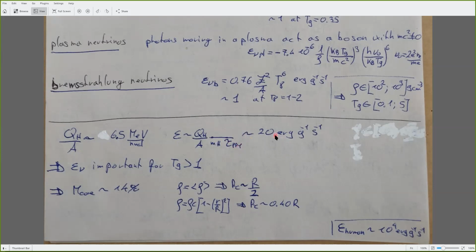Doing all the calculation, we get 20 erg per gram per second. To calculate exactly how much the core produces, we need to consider that the core is not completely formed by hydrogen, but it's more or less 70%,